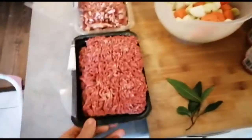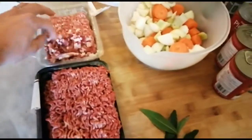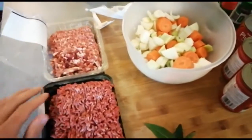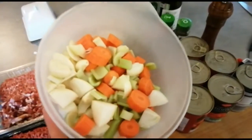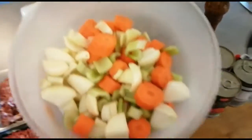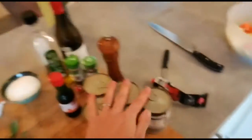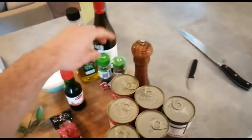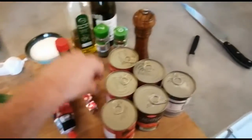So I've got 2 packs of beef mince, a pack of pork mince, some of the pancetta, and then all the veg that I've got. So the carrots, the leeks, the celery, the onion, and all the garlic in there. And what I'll be doing is blending it in the blender to a bit of a paste. 6 tins of tomatoes, some Worcester sauce, some tomato puree, red wine, thyme, oregano, 2 beef oxo cubes,